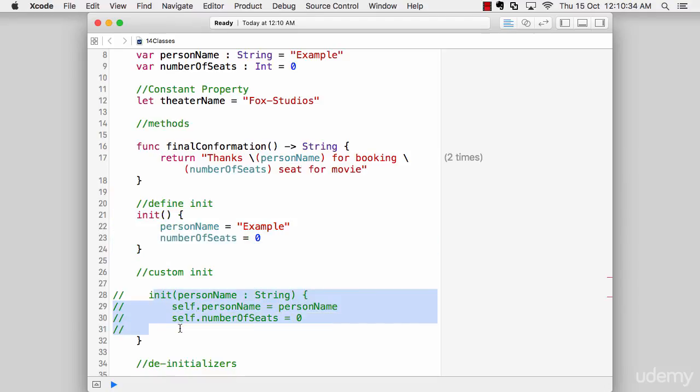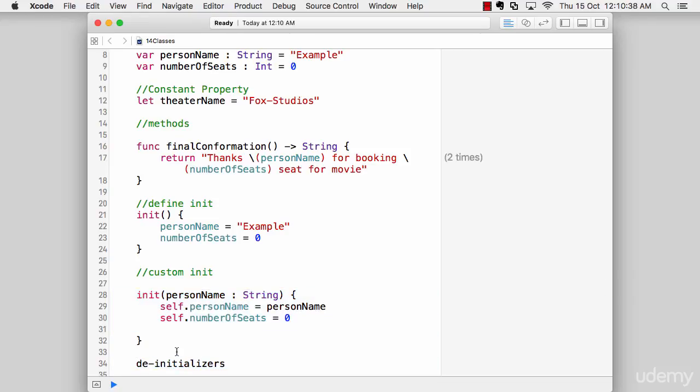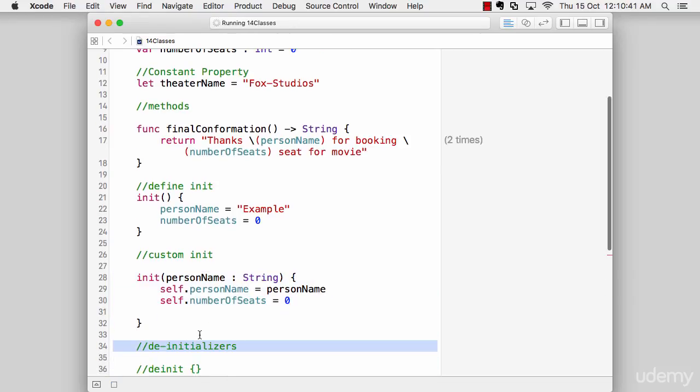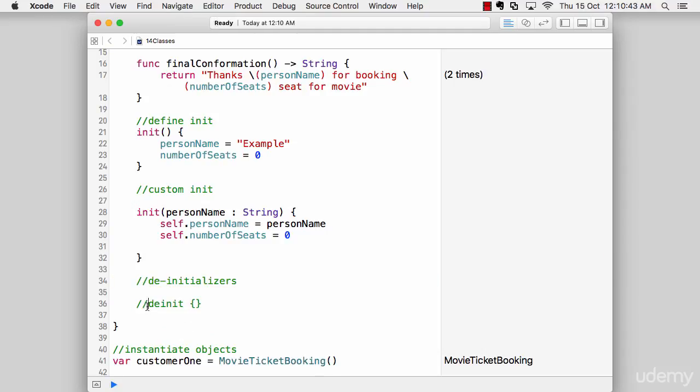Let me uncomment that again, and this one as well. Oops, not this one. Command Z. This one here, the initializers. Okay, so what are initializers used for? Every time you create an object from the class, an initializer is automatically called. If you do not define an initializer, Swift will go ahead and define one for you,